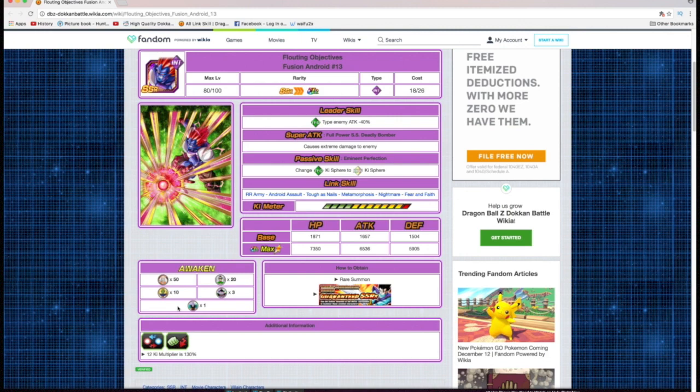Android 13 is an amazing unit, and he has great links: Metamorphosis, Nightmare, Fear and Faith. Really, really good set of links. The first couple you don't really use. Tough as Nails is passable too, but those 3 links there, really solid unit. And he has a nice, crazy defensive stat, 5,900. That's a really high defensive stat. But anyways, number 3,